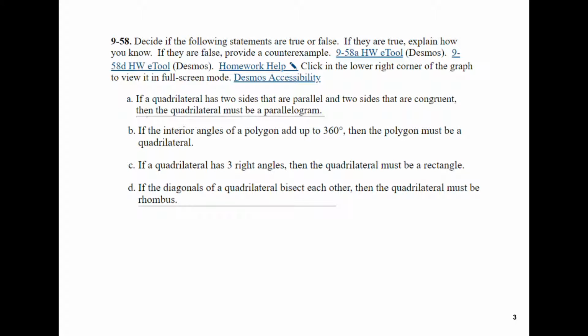958 says, decide if the following statements are true or false. If they are true, explain how you know. If they are false, provide a counterexample. Letter A says, if a quadrilateral has 2 sides that are parallel and 2 sides that are congruent, then the quadrilateral must be a parallelogram. Well, this would be a false statement because an isosceles trapezoid